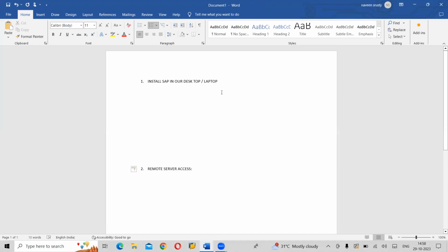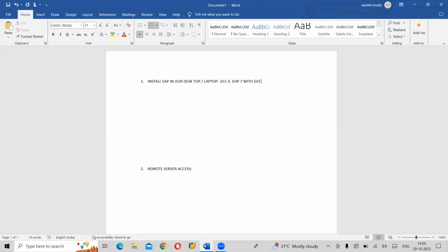What is the difference between these two? First, I'll explain. If we are installing on our desktop or laptop, we can install ECC6 with EHP7, with the GST.